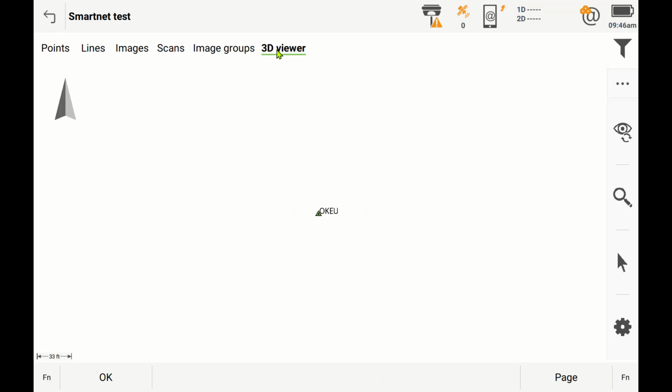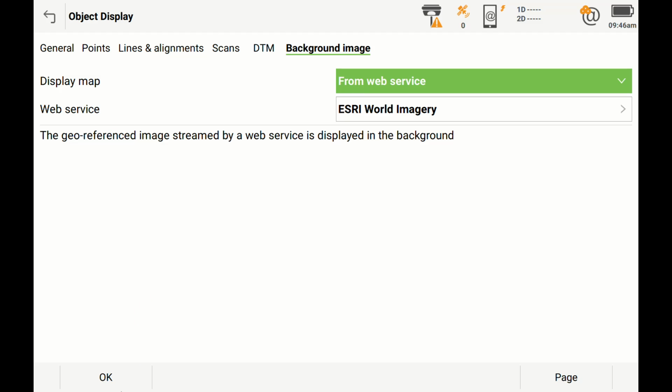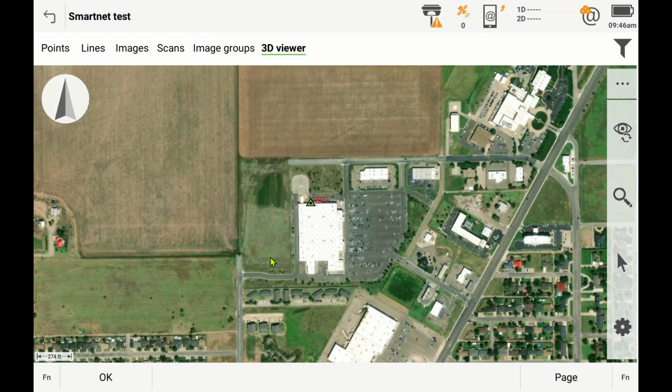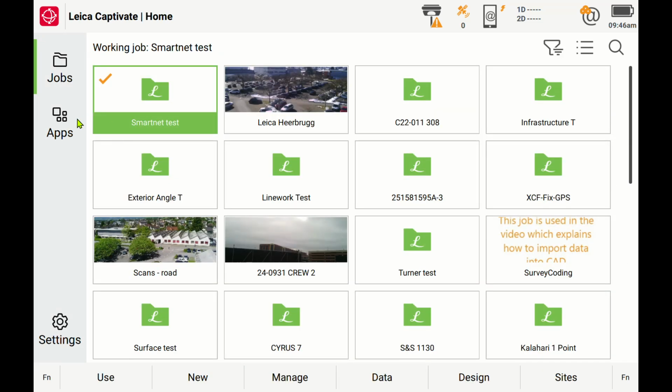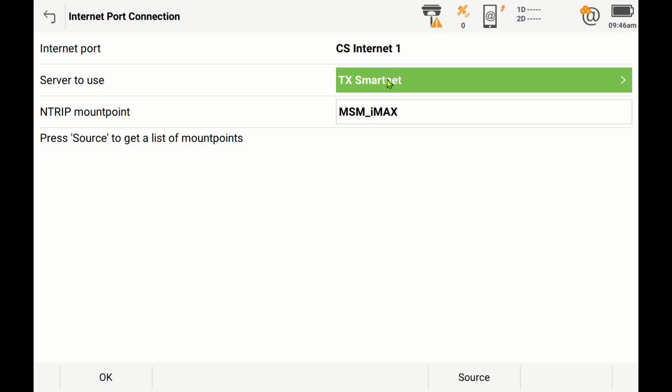But I'll go here to my 3D viewer, do a zoom extents, and see. Let's jump over here to TX9. Getting a lot closer. And let's just turn on a background map to make sure it works. Make sure it's sticking it in the right place. And it is. Look at that. Right on top of that Walmart. Fantastic. All right. So now, if I were to start my RTK stream, if I'm under my server Mountpoints, Texas